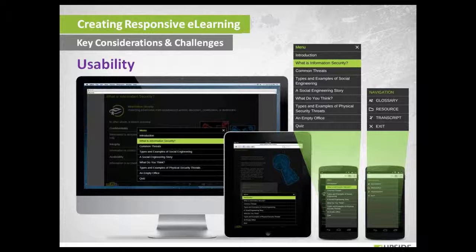You can also have access to different referenceable elements or resources, glossaries and transcripts. For most mobile phones and tablet devices, where you have controls to manage audio, on the smaller devices we don't have audio controls within the course, which can always be controlled through the audio control given on the device.